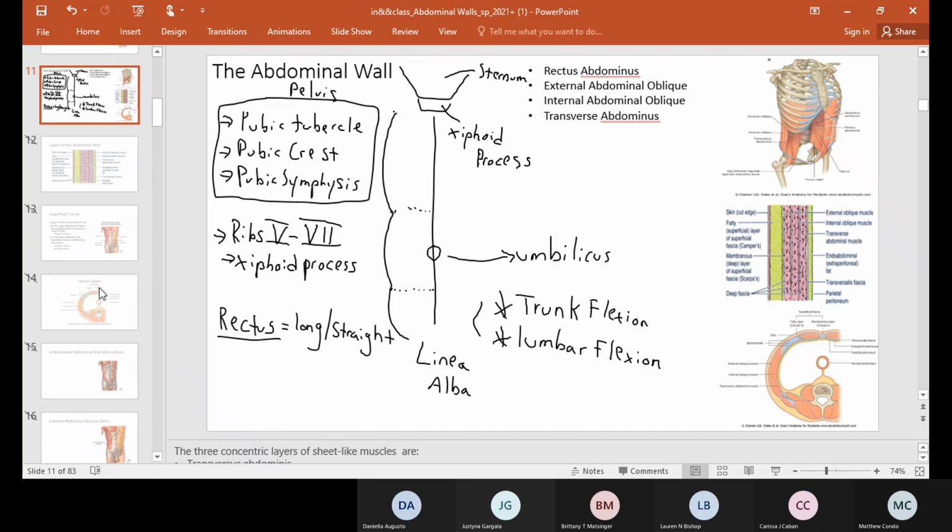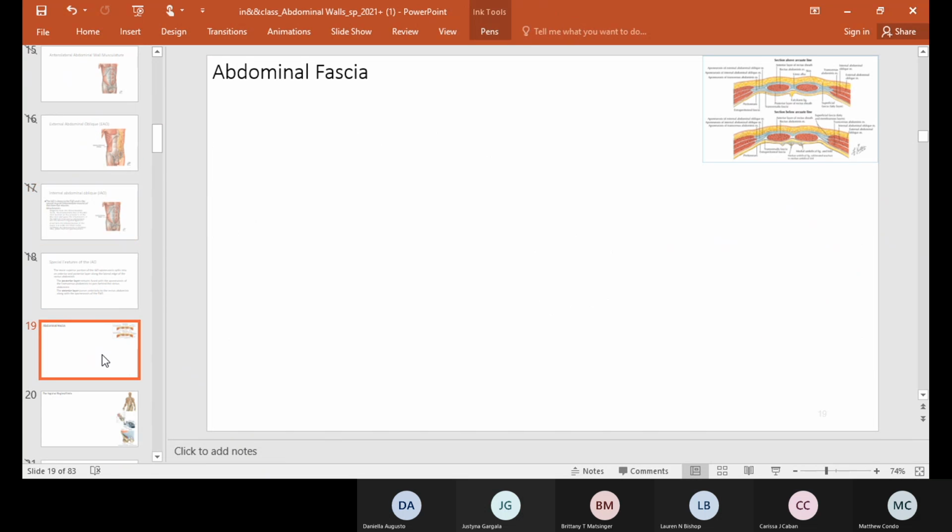So the other thing I kind of want to cover here, let me scroll down here, is the abdominal fascia. Again, I apologize that I don't have different colors. I normally do this with different colors. So the abdominal fascia is kind of interesting in the fact that I'm going to have 3 layers of fascia, but rectus abdominis is going to be encased in different layers of fascia depending on where I am in the abdomen, right? Just to make it confusing. So the first one that we're going to draw here is going to be,